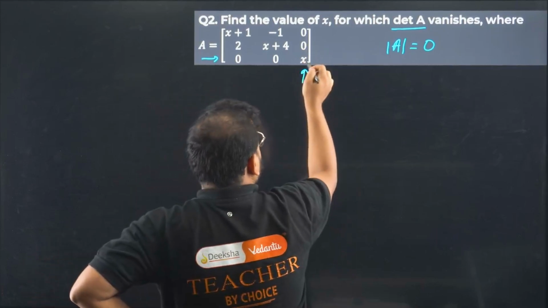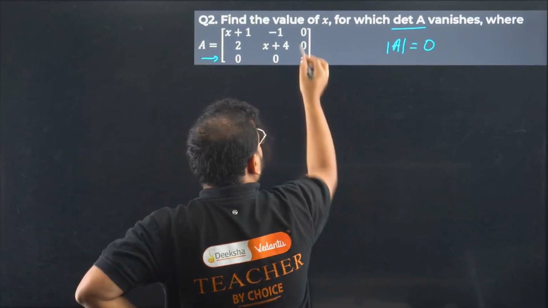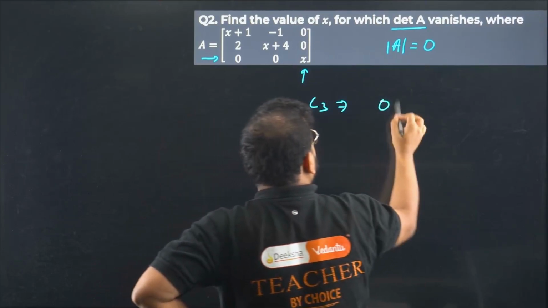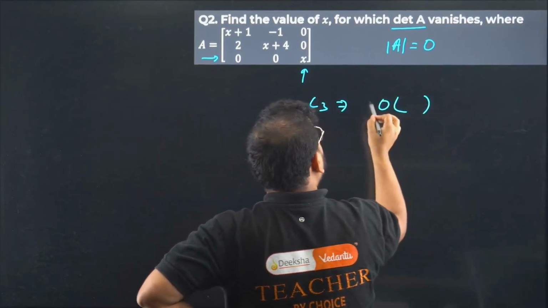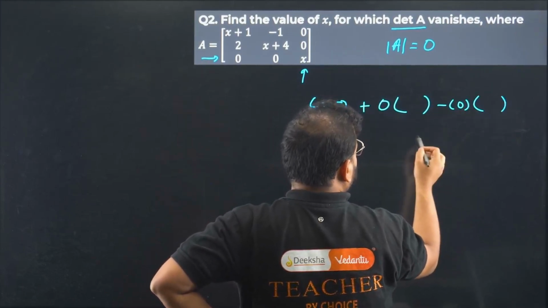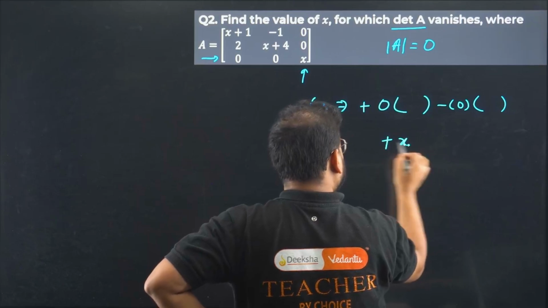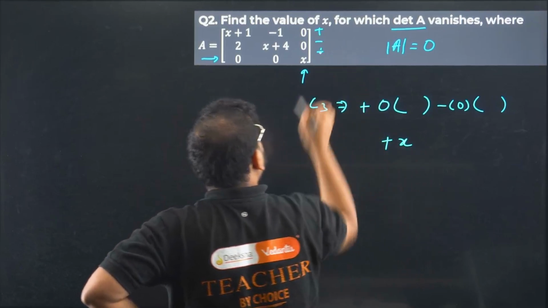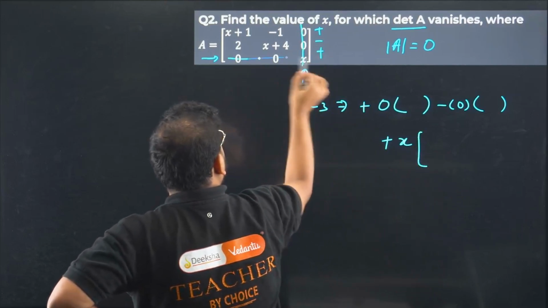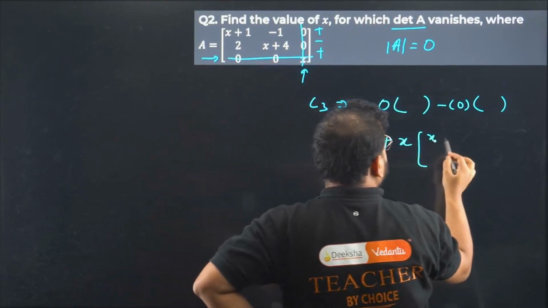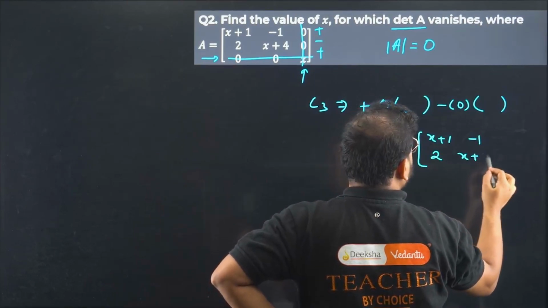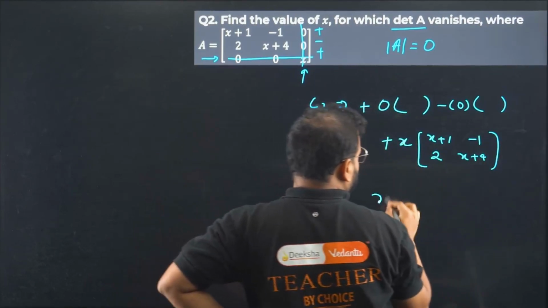If I use the third column, for the first element, 0 times anything doesn't matter. Next, the sign is minus, 0 again doesn't matter. And the last one, we have plus x, signs being plus, minus, plus. So plus x, and the matrix left is, after removing this, x plus 1, minus 1, 2, and x plus 4. So we get x times